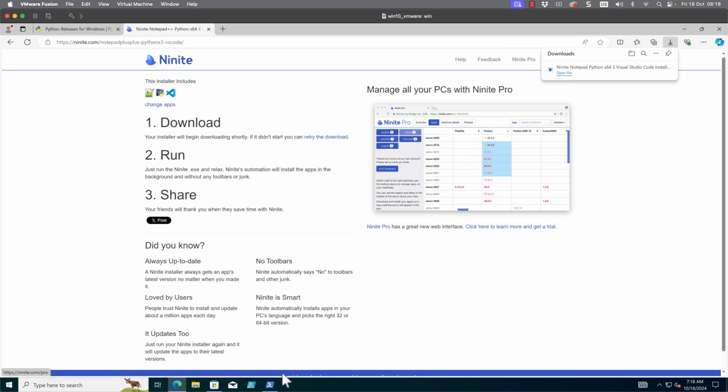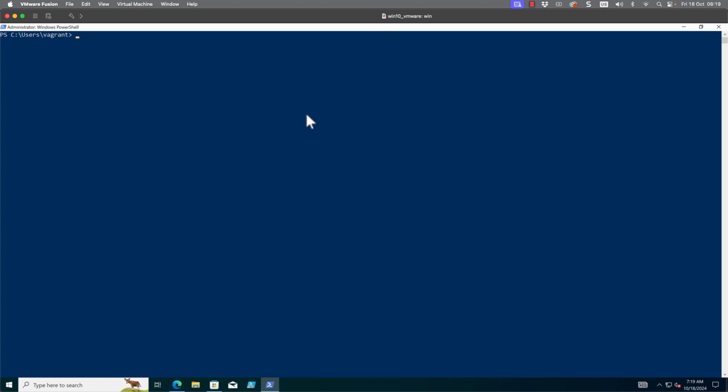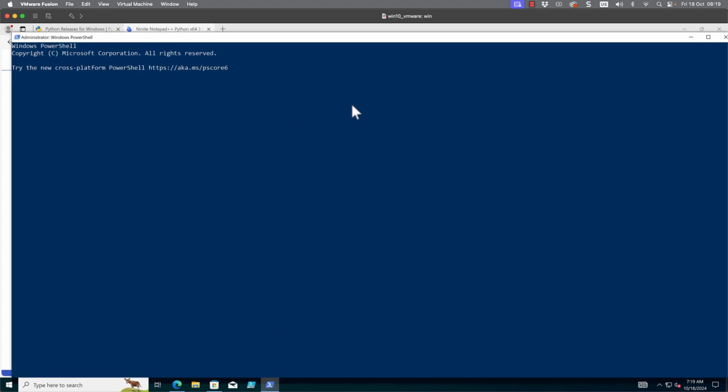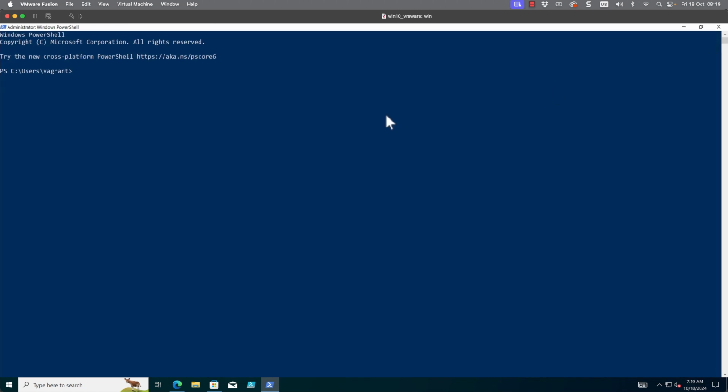Now that's installed, let me move back to my command prompt and just close down PowerShell. And I'm going to open it up again just to make sure that I'm reading in new path variables that will point to the location of Python. And then from here, I can go through and run python --version. And you can see we have indeed got the latest version of Python, Python 3.13.0. So we are up and running with our Python interpreter on Windows.